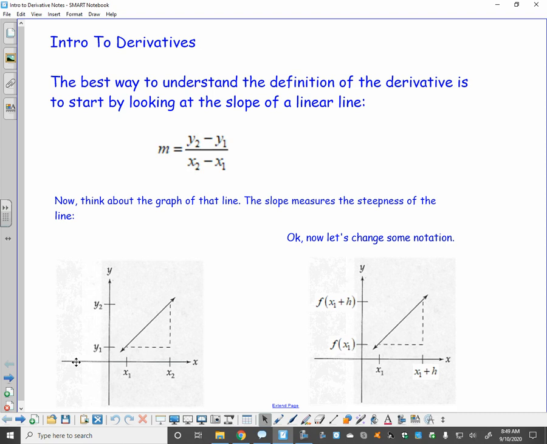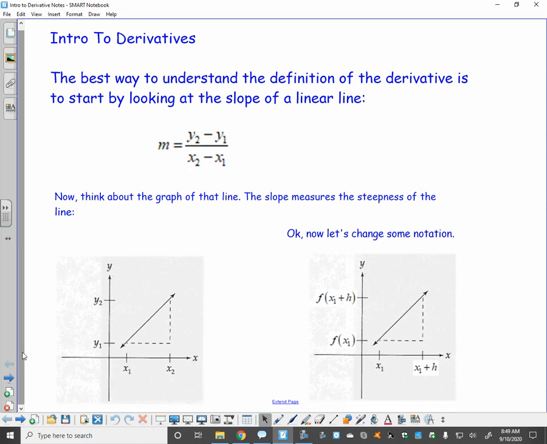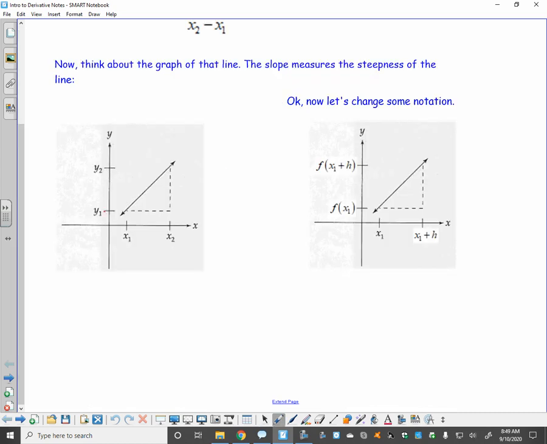So I'm going to go slow and easy. Okay, the best way to understand the definition of a derivative is to start by looking at the slope of a linear line. And you guys know that the slope is the change in the y's over the change in the x's. Now think about the graph of that line. The slope measures the steepness of the line. So the change in the y's over the change in the x finds the slope from this point to this point. So to change some notation,